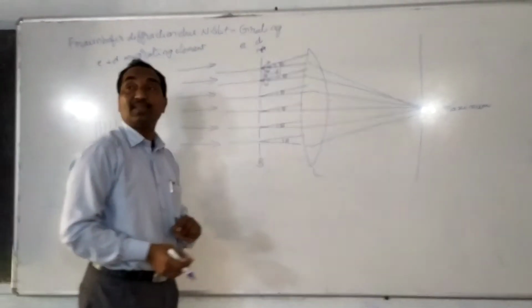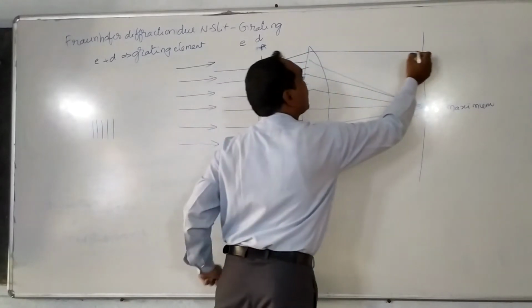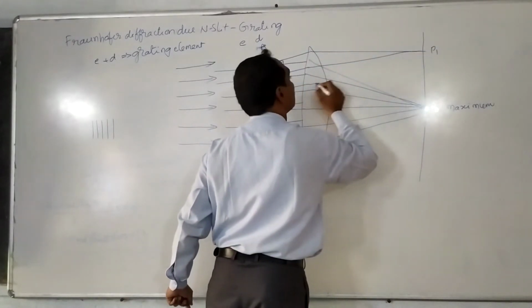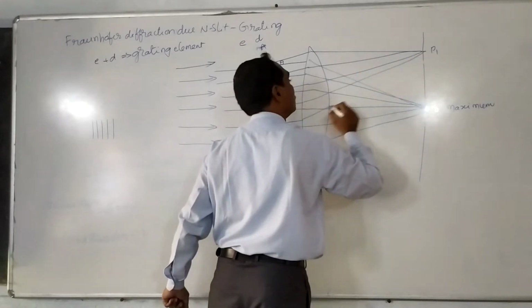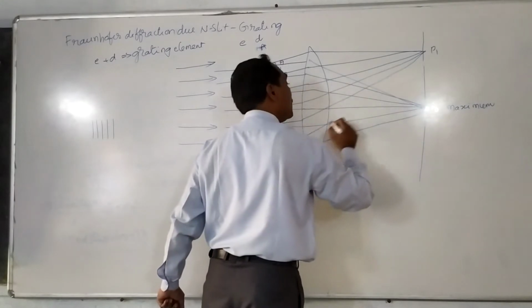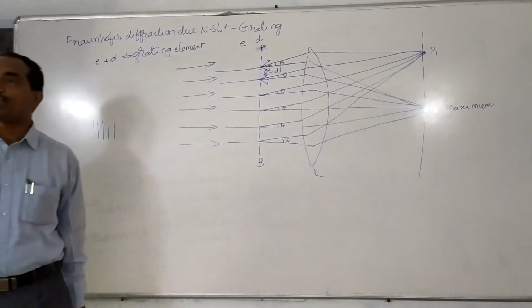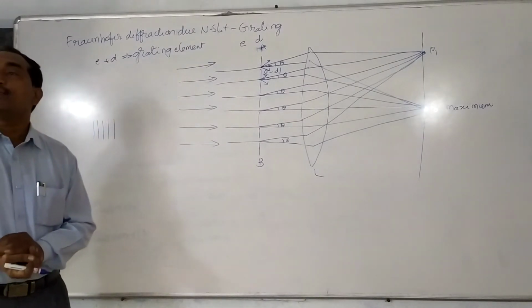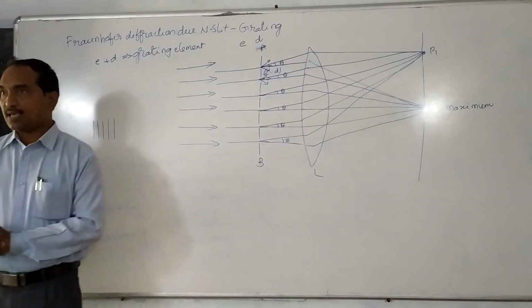All these rays will be concentrated on a screen at some place that may be taken as P1. Our aim is to calculate the intensity at point P1. It may be bright or may be dark; bands occur depending on the phase difference of the rays which are passing through the slits. Am I right?